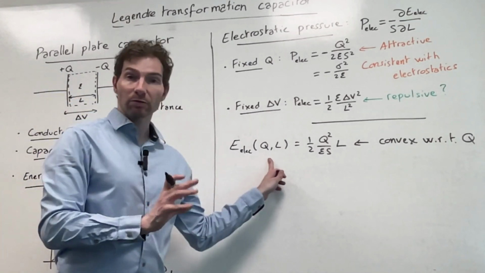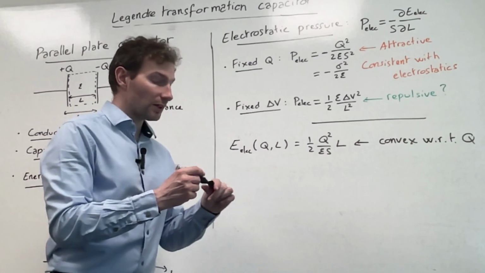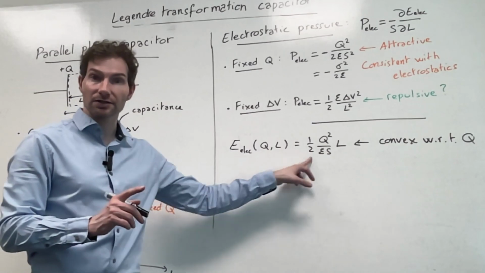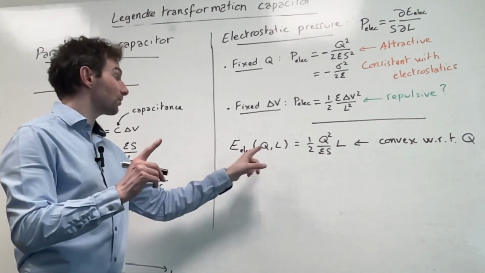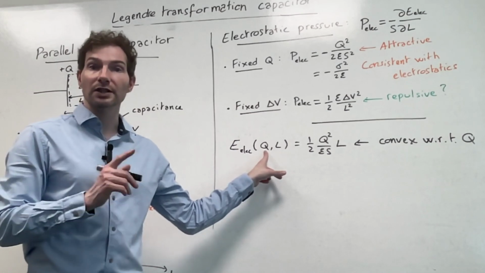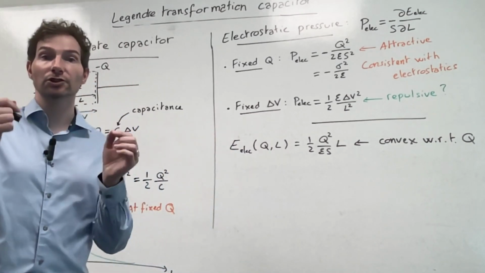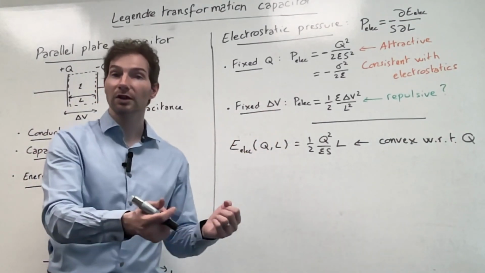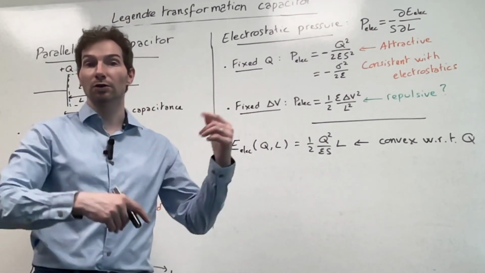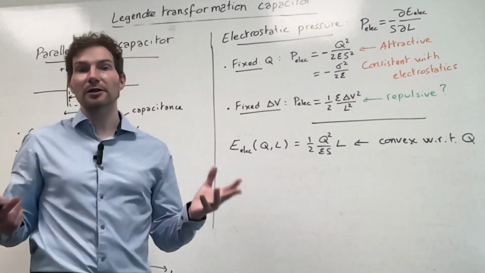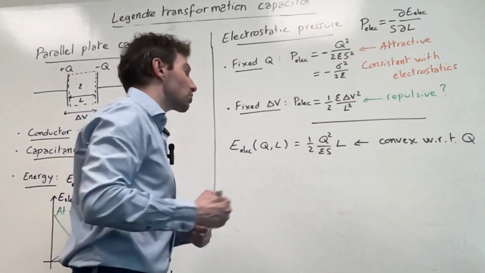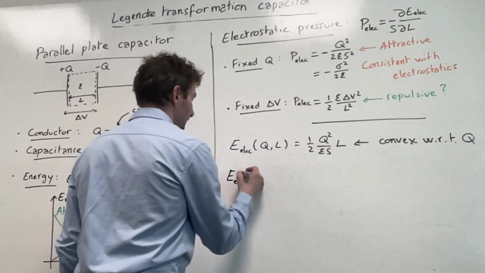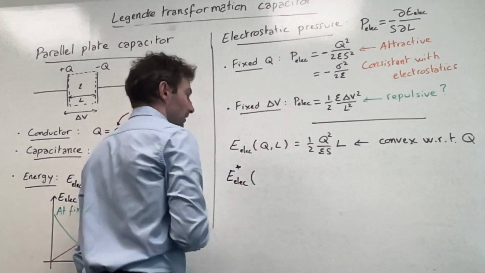So if I apply the principle of Legendre transformation, I want to find a function that preserves the physics of that, but is a function of delta V instead of Q. It's as if I wanted to express a function not in terms of the actual variable I was looking at before, but in terms of another one that is a sort of dual of it, like a slope. So in principle I want to find E elec star such that I've got